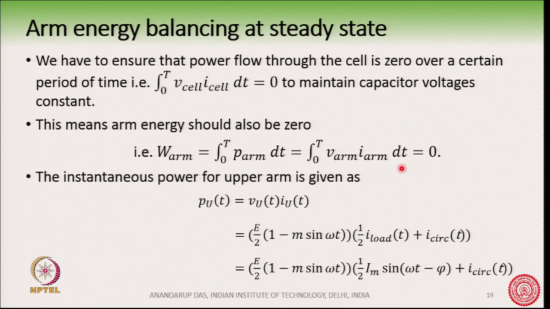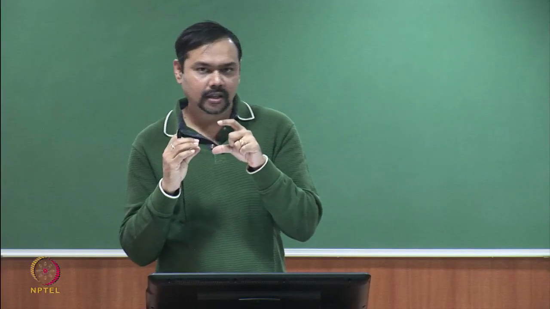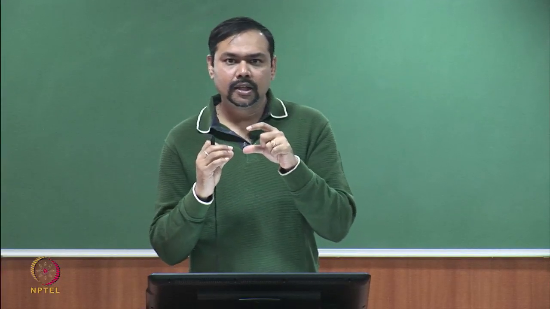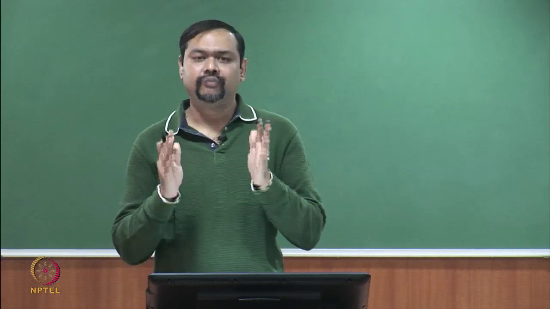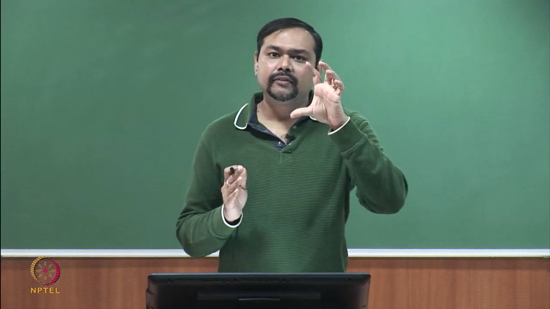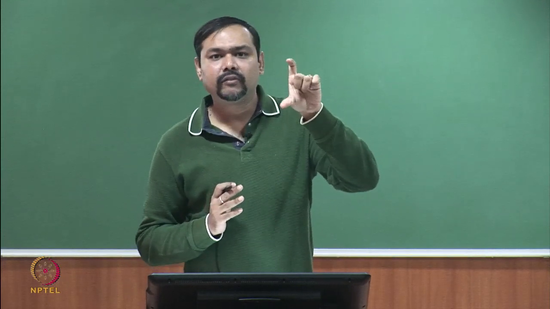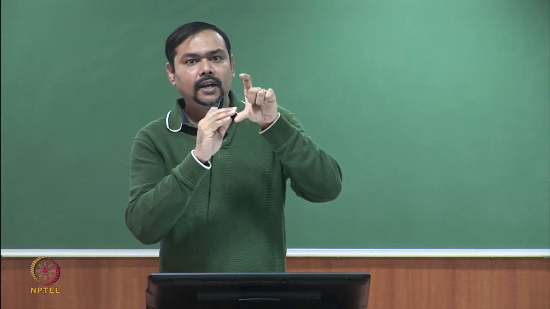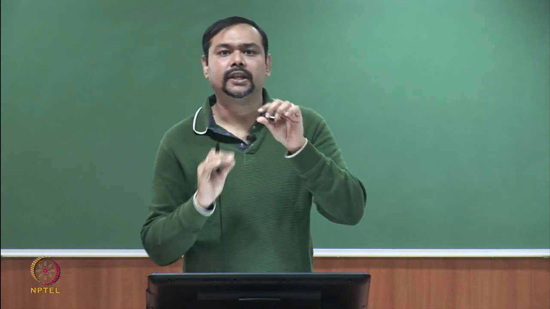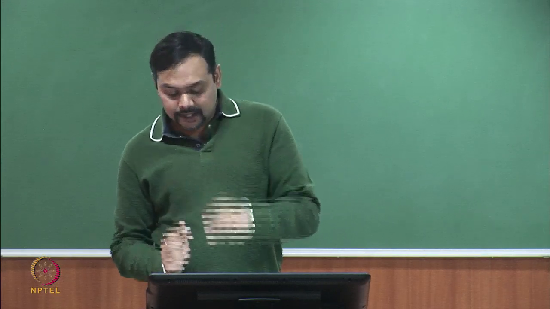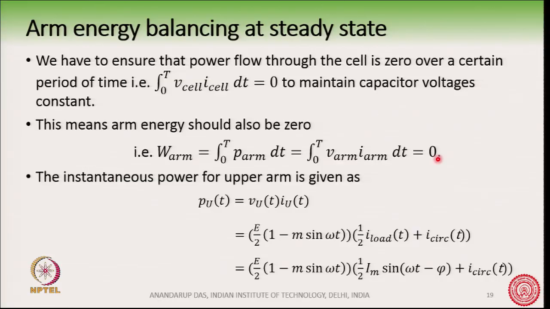However, this does not ensure that individual capacitors are balanced within an arm. So, for example, suppose the arm voltage is 100 kilovolt and we have ensured that, and there are suppose 100 cells, each cell keeping a certain voltage. Now, this equation only ensures that the arm voltage is maintained at 100 kilovolt, but